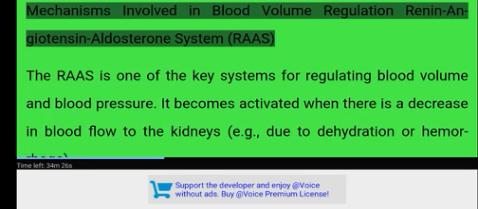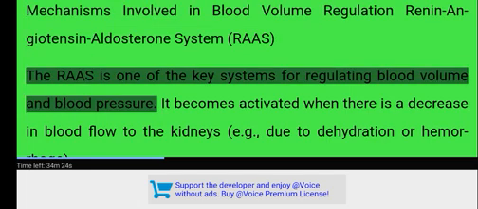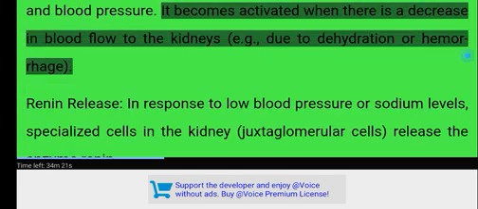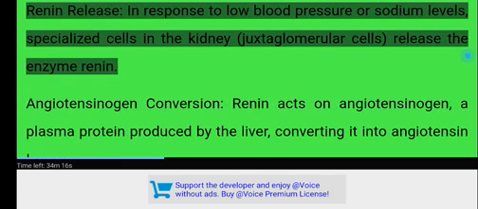Mechanisms involved in blood volume regulation: the renin-angiotensin-aldosterone system (RAAS). The RAS is one of the key systems for regulating blood volume and blood pressure. It becomes activated when there is a decrease in blood flow to the kidneys, e.g., due to dehydration or hemorrhage. Renin release. In response to low blood pressure or sodium levels, specialized cells in the kidney, the juxtaglomerular cells, release the